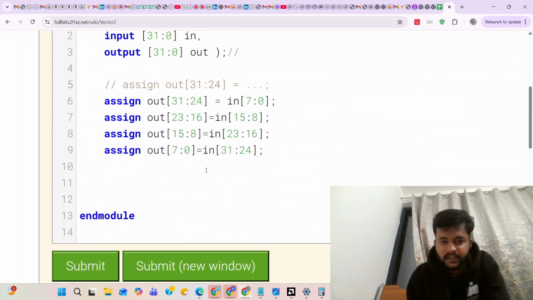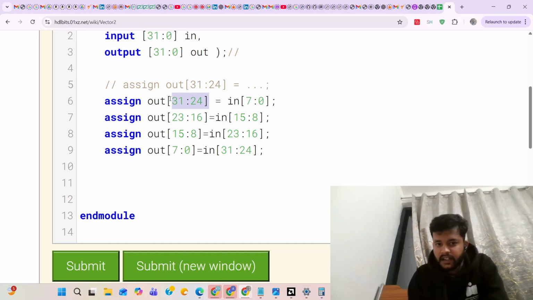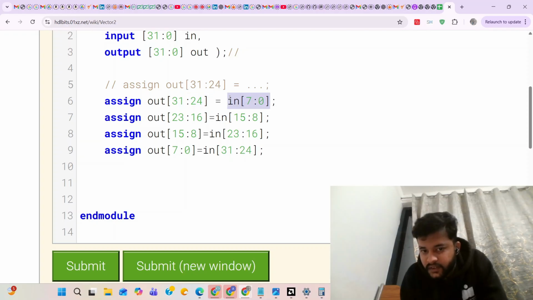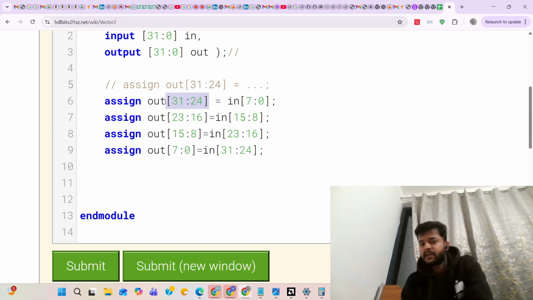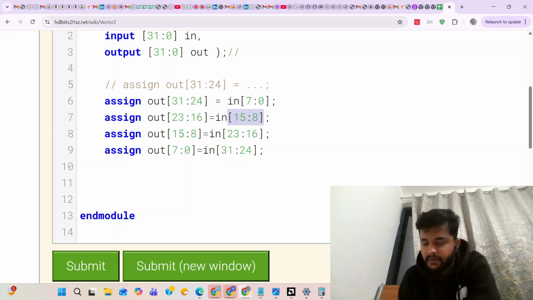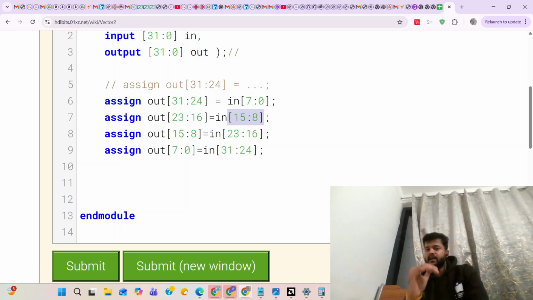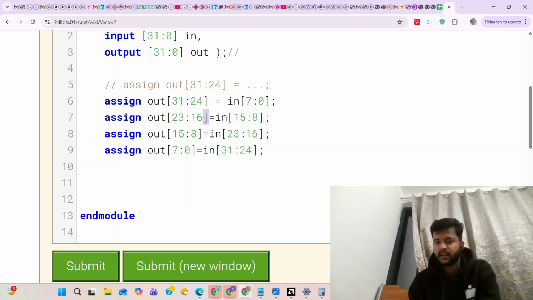So what we did in this is we assigned the initial 8 bits, this was the LSB, exactly to the MSB of the output. Then we moved to the other 8-bit part. We assigned it to the second most significant part.